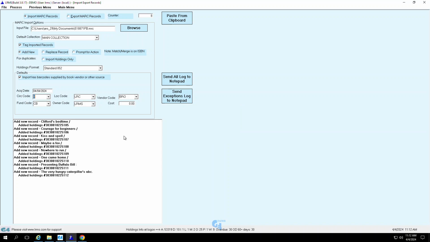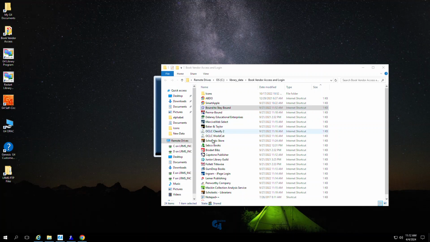If you have any questions, please feel free to contact us. And again, if you have a source that is not within this folder back here that we were looking at a little while ago, if they're not in here, let us know and we will add that for you immediately so you can use this simple way of importing records. Again, give us a call or drop us an email and we'll get right with you to assist you with your